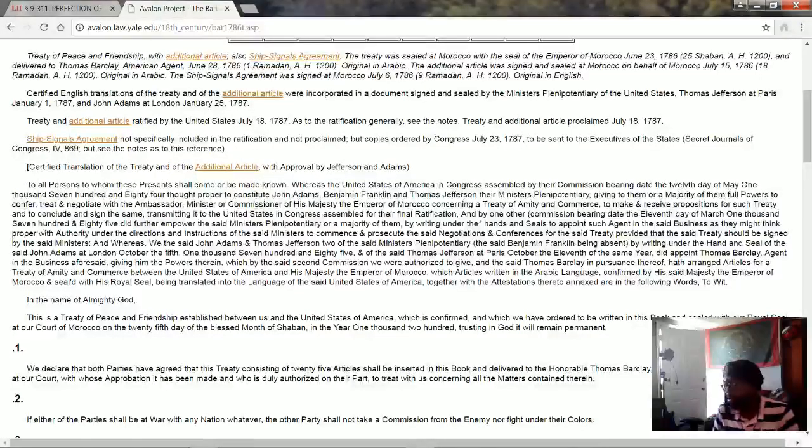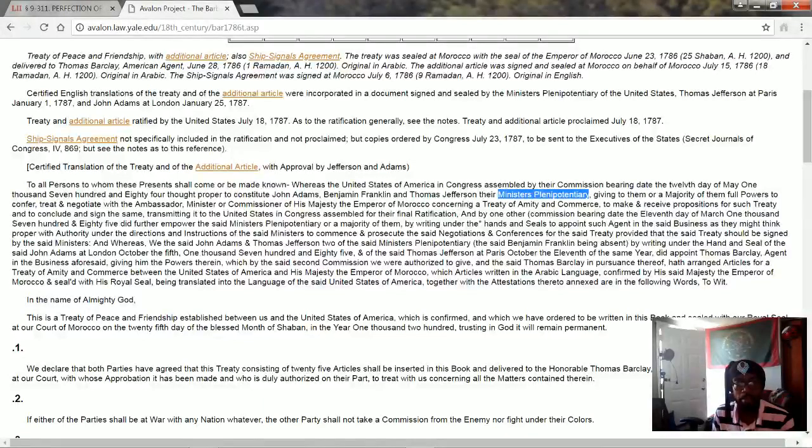To all, and this part is important, y'all. This part is important. Okay. To all persons to whom these presents shall come or be made known. Whereas the United States of America in Congress assembled by their commission bearing date the 12th day of May, 1784, thought proper to constitute John Adams, Benjamin Franklin, and Thomas Jefferson their ministers plenipotentiary. Ministers. Because everyone's a missionary. Ministers plenipotentiary, giving to them, or a majority of them, full powers to confer, treat, and negotiate